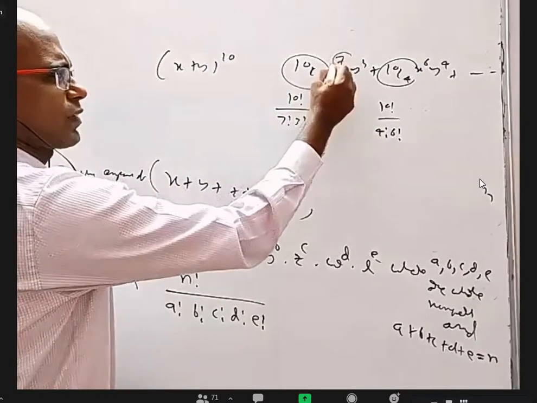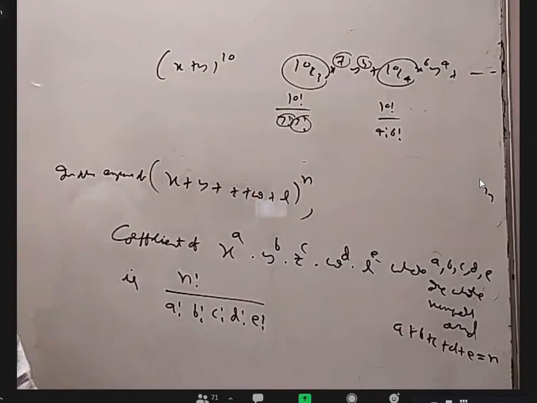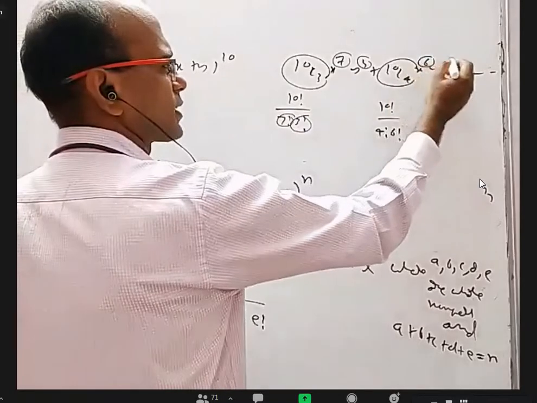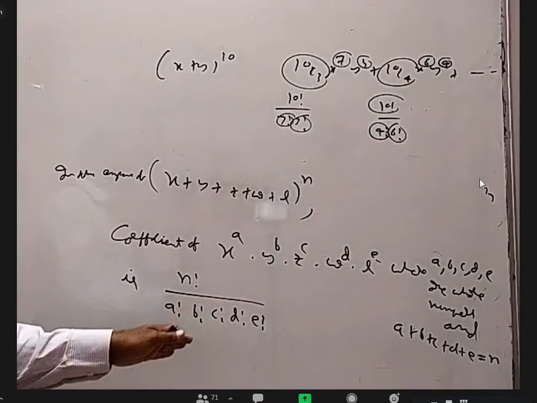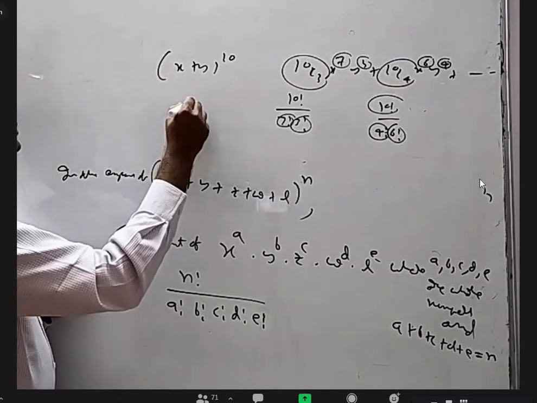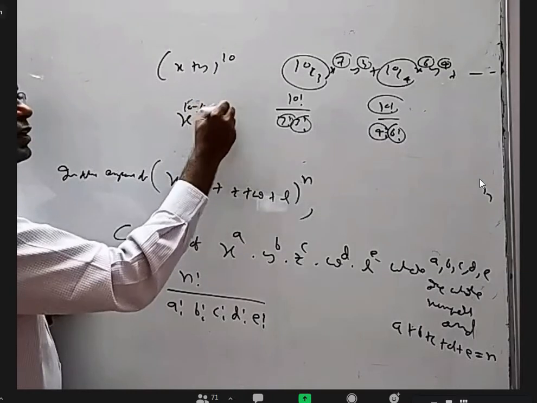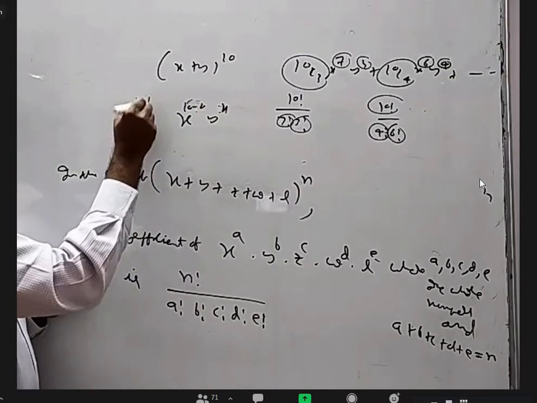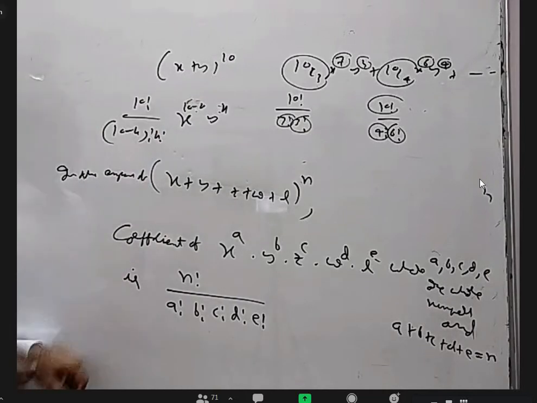You can see the power of x is 7 here, the power of y is 3 here, so you got 7 factorial 3 factorial. Here the power of x is 6, the power of y is 4, so you got 10 factorial by 4 factorial 6 factorial. It looks like this formula only, right? Yes, sir. So if it is x power k, y power 10 minus k, or x power 10 minus k, y power k, based on this formula it should be 10 factorial by (10 minus k) factorial and k factorial,